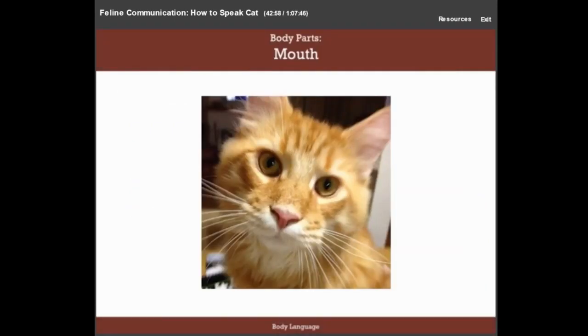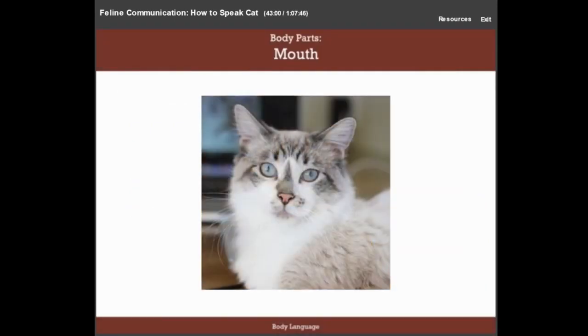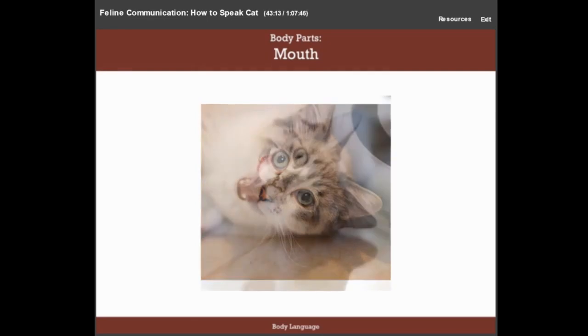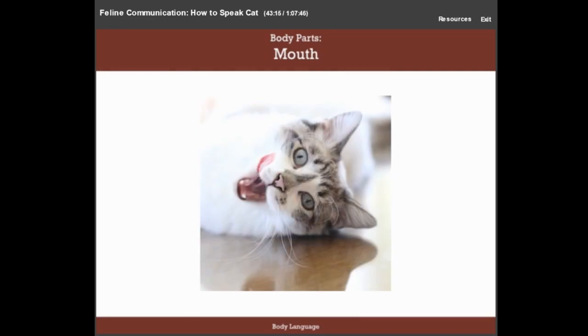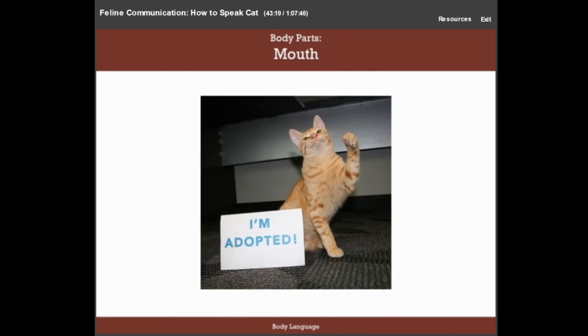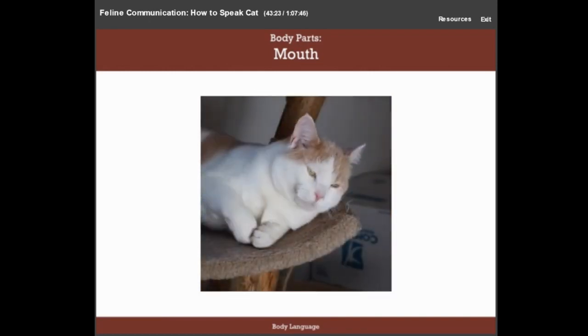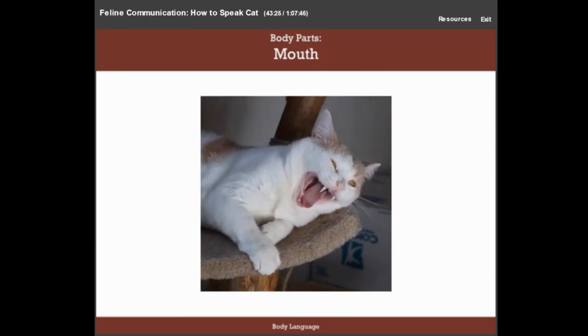A cat's mouth is normally kept closed. This tells us very little about a cat's motivation and is one of the reasons cats have a reputation for being hard to read. After all, they're not capable of giving us a reassuring smile or a concerning frown. However, when he opens it, whether it be to drop his lower jaw savoring odors and pheromones as a precursor to vocalization, a way of exposing his teeth to a perceived threat, or a lackadaisical yawn, we can sometimes learn